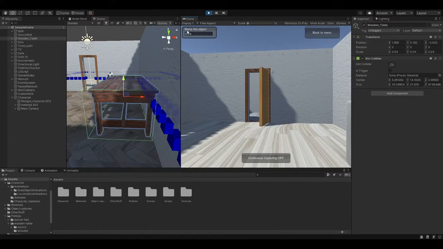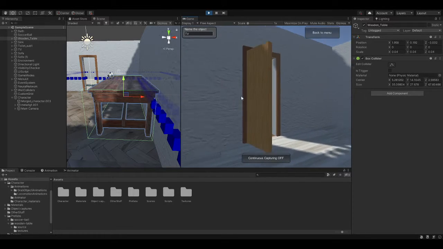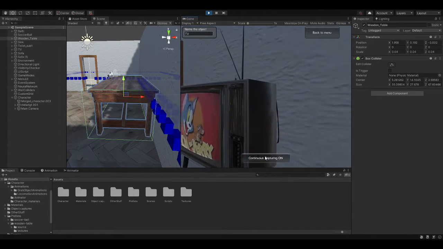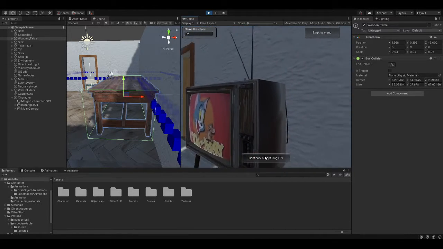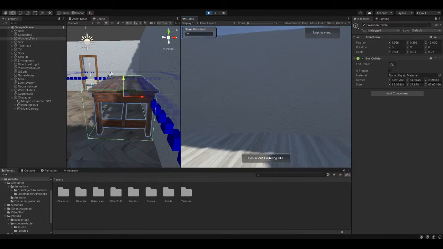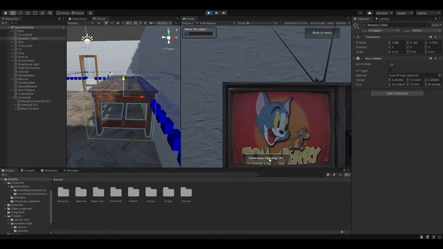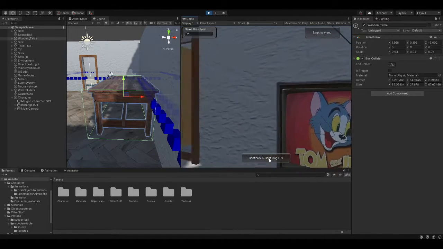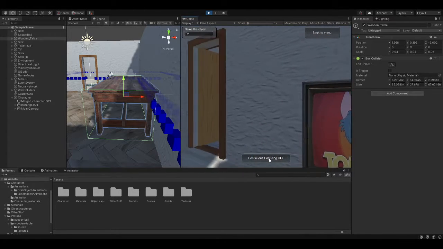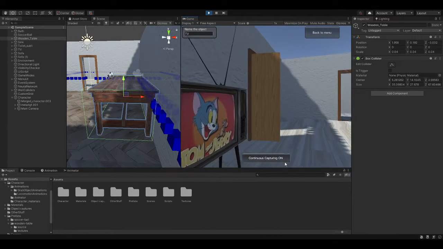Okay, so now for the sofa, let's suppose we are taking pictures on this TV. So again, we are gonna switch our angle. We're gonna walk into a different perspective. We're gonna shoot some angles here. Maybe this funny Tom and Jerry television.